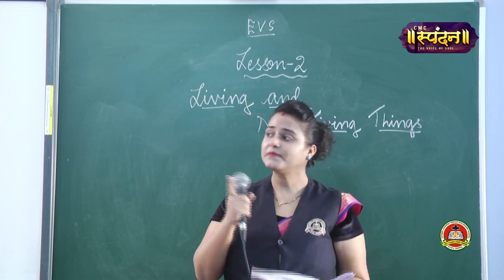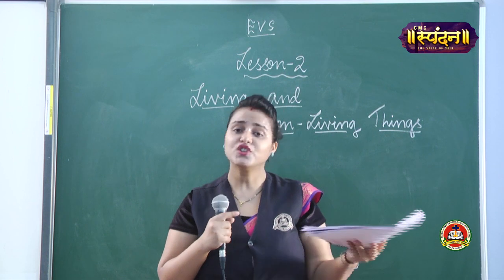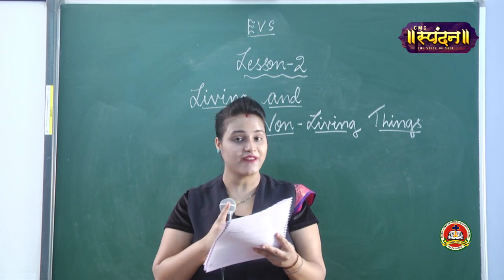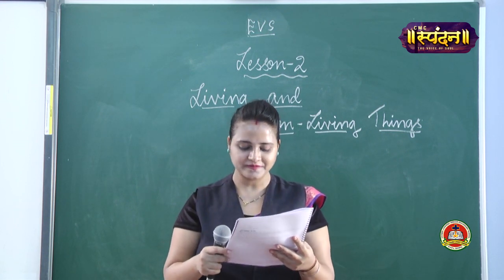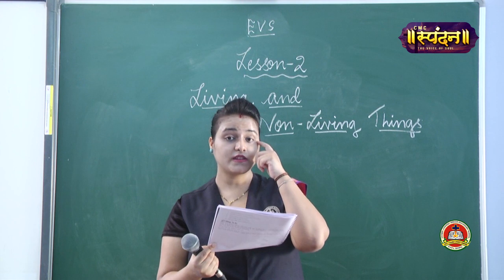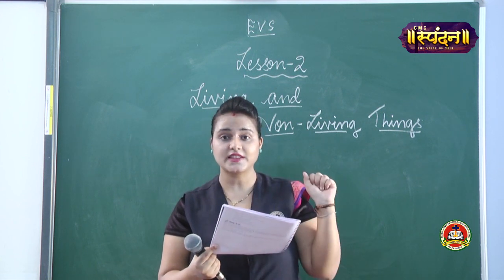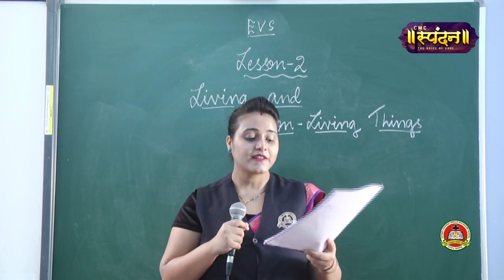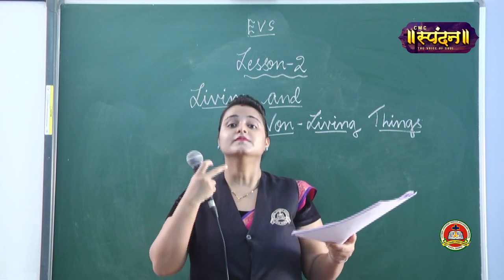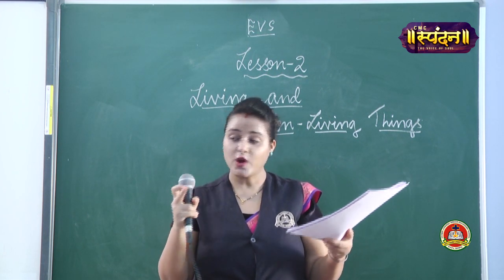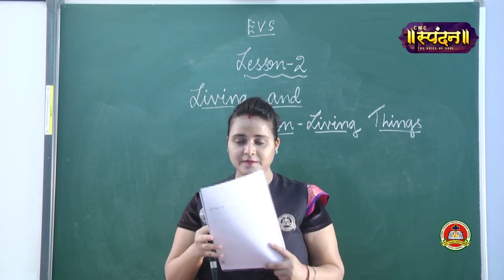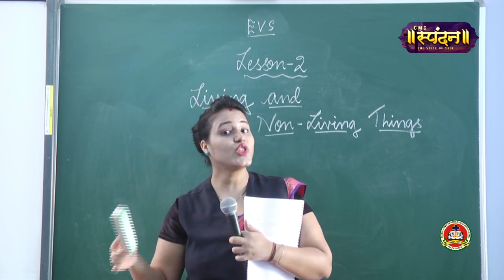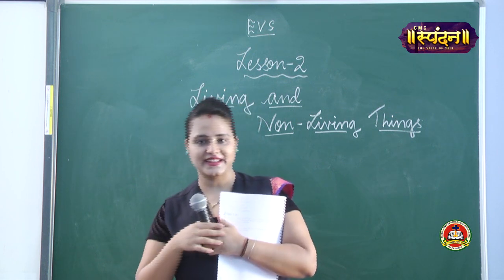Table, chairs, machines, motor cars, stones, etc. are non-living things. They don't have life. Easy. Now, what is the difference through which we can take out that this is living and that is non-living? We can get a gist of that. The difference is living things breathe. Non-living things do not breathe. Table, chair, duster, board, are they breathing? Just see, are they breathing? No. They are non-living things.